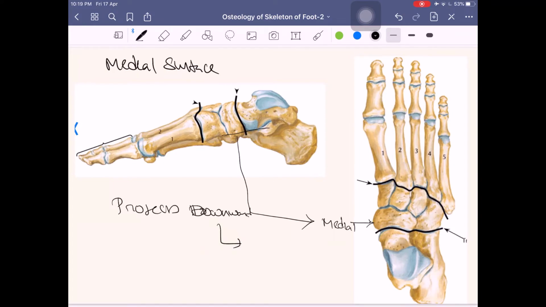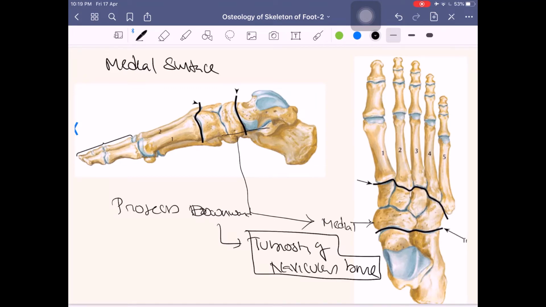And why is it going downward? Because this downward projection that you are seeing is what we call a tuberosity. So this we call the tuberosity of the navicular bone. Now when you have a tuberosity, it is something like a traction epiphysis, like the tubercle of your humerus, or trochanter of your femur, or adductor tubercle of femur. So this tuberosity will definitely provide attachment to the major part of the tendon of tibialis posterior. Tibialis posterior comes and inserts and pulls this bone out, which forms your tubercle.